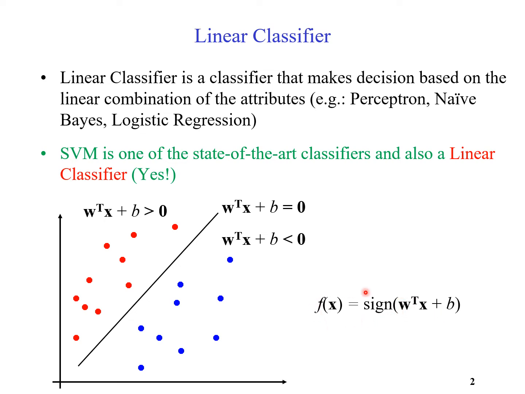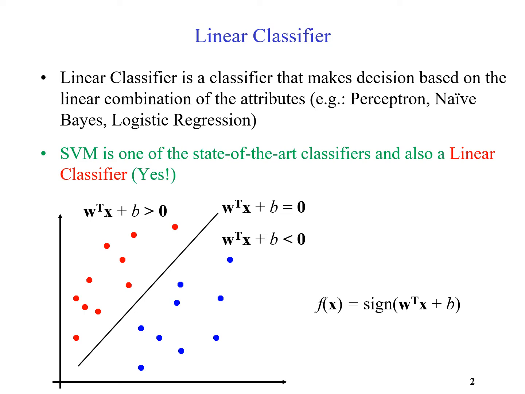So for a new data x, if the function value is above this line, then the class value is red, and if the function value is below this line, then its class value is blue. Okay, so something like this. So this is the definition of linear classifier. We have seen linear classifier before when we studied neural nets. The perceptron was a linear classifier,